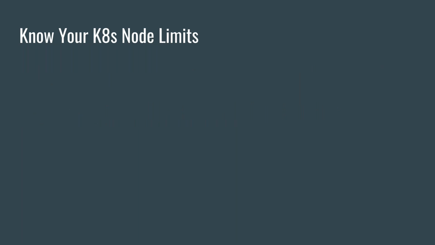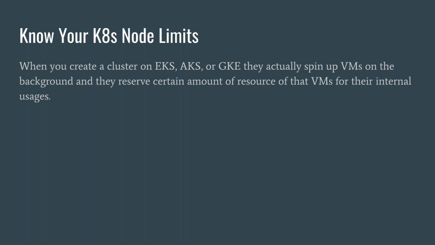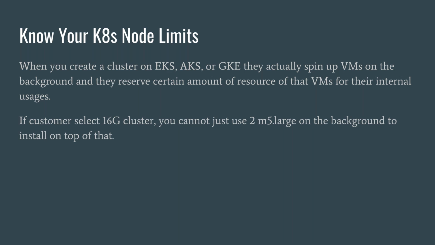So you have a system, and this system is being used by different kinds of customers, right? But since you are providing this to multiple customers, there are some challenges. When you create a cluster on EKS, AKS, or GKE, you will see that they spin up a VM in the background. For example, on GKE, when you create a cluster, just go to Compute Engine and see the VMs they created in the background. Okay, this is simple.